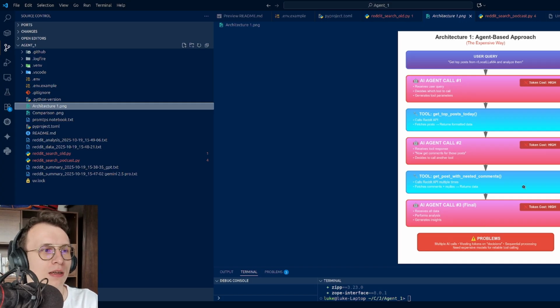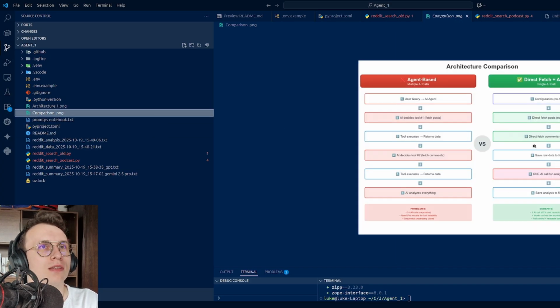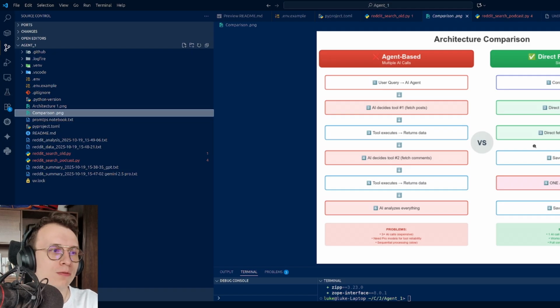But then I thought, why do we actually do it? Because we can do it completely differently. For example, we use the API to fetch links, documents, and comments from Reddit. So I thought maybe NotebookLM can just get these references and generate everything for me without even making an API call. And it was true. It literally costs you nothing because you don't need to pay for anything, and it's so much quicker. So I do a direct approach, which is just fetch the post, then fetch the comments for the post, then save it as raw data to a file.